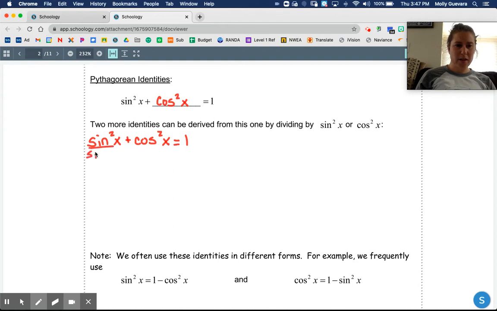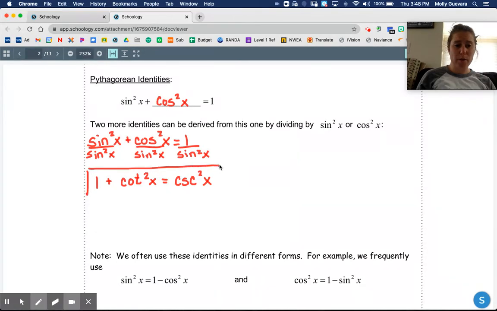So if I divide by sine squared, I have to divide everything by sine squared. Okay, so sine squared over sine squared is just 1, right? Cosine squared over sine squared is cotangent squared. And then 1 over sine squared is cosecant squared, just using those identities that we just wrote up above. So there is one of the identities that can be derived. The other one